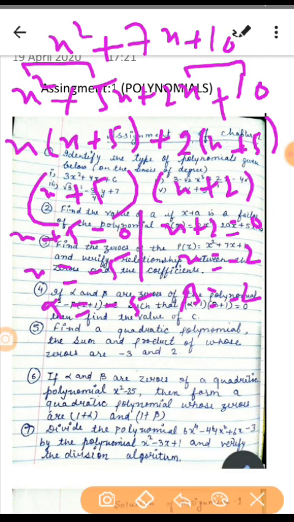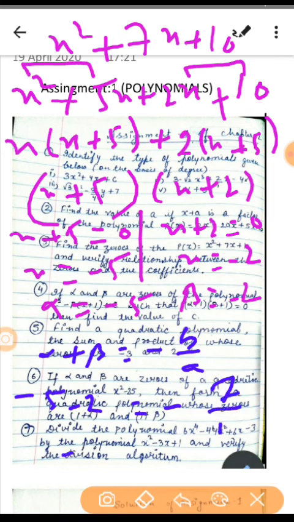Now verification. We know alpha plus beta is minus b upon a. Alpha is minus 5 plus beta is minus 2. So this plus and this minus will be minus, and this is 7, minus b. B is what? 7, coefficient of x, and a is what? Coefficient of x square. Minus 7 equals to minus 7. Okay, then